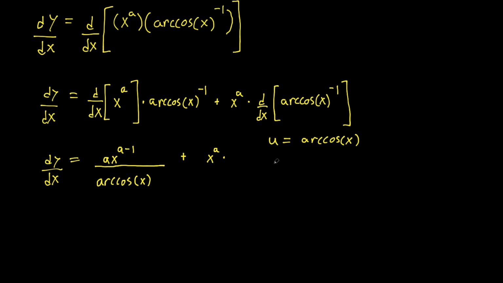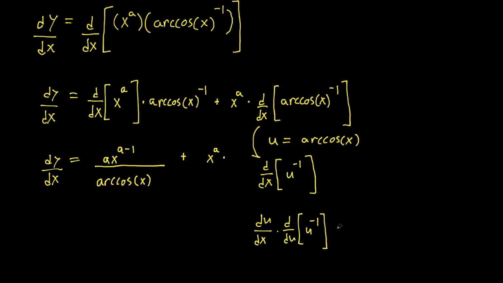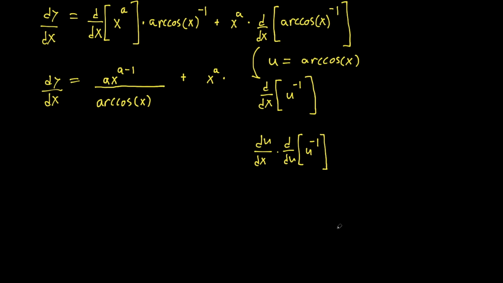And then we have the derivative of u to the negative 1. And so we'll apply chain rule and get du dx times d of u to the negative 1. And that's going to give us,